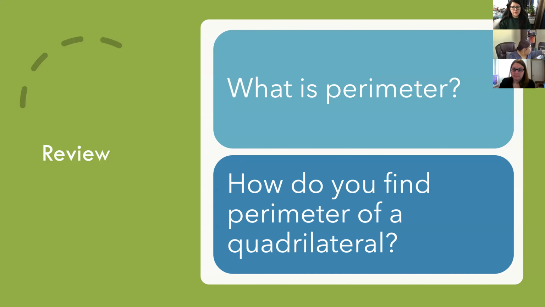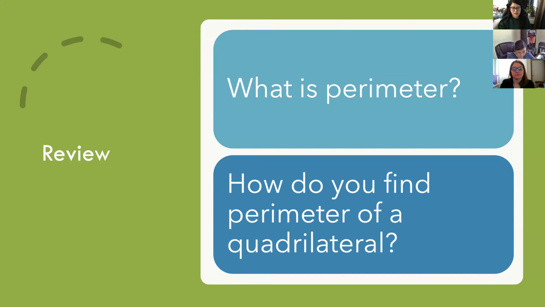So just a little review. What do we remember about perimeter? Is it we have to add like all the sides up together? Right. So when we're looking at the word perimeter, the way that I remember is in the middle, it says rim. So when I think about perimeter, I see that word rim and I think about the outside